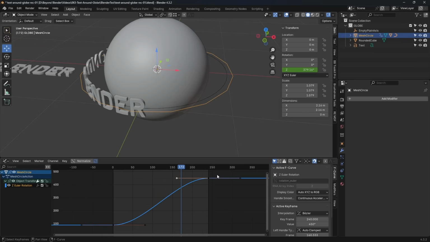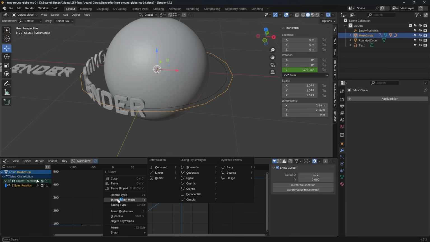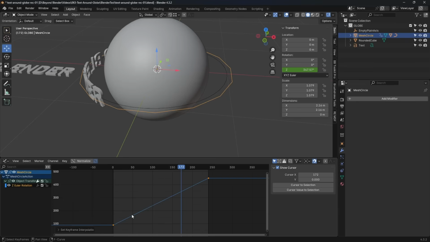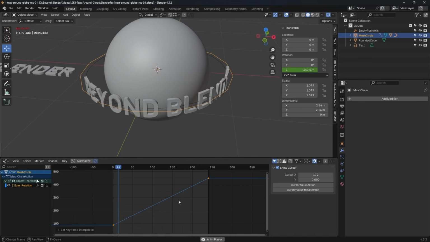So what we want to do, we can change this to a linear curve, basically a straight line. You can do that in the graph editor, and you can also do it in the timeline. I believe in the graph editor, if you select both points, you can right click and select interpolation mode from the menu and select linear. And that now makes this line straight. If I press play now, it's a continuous speed all the way around the globe, and it will just go